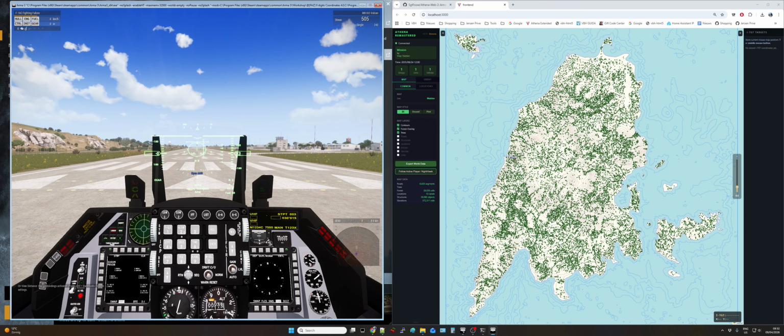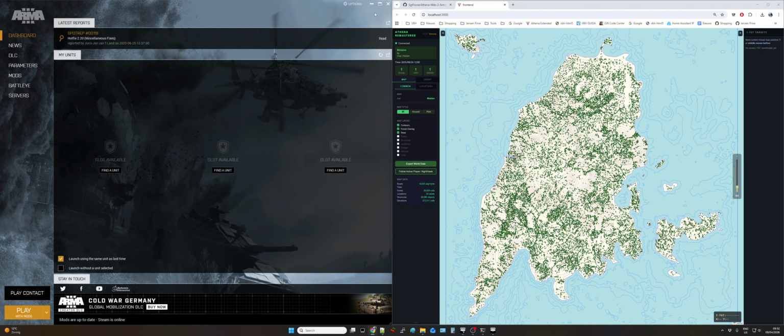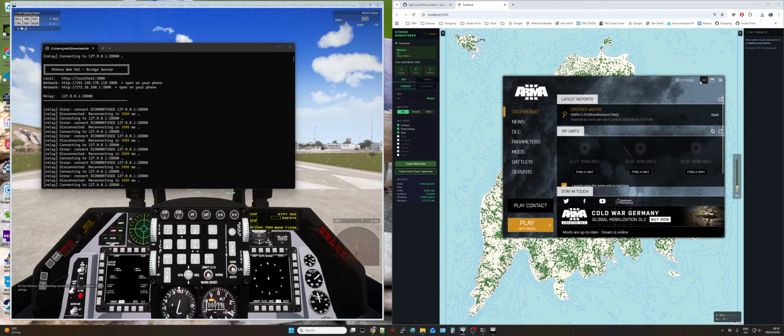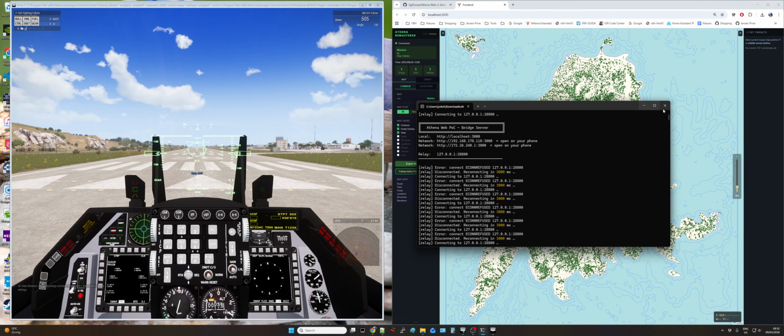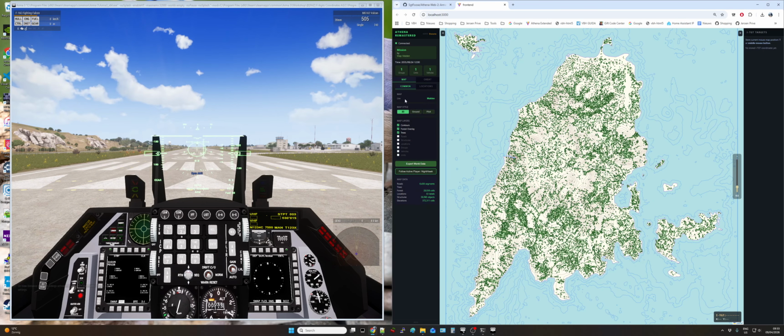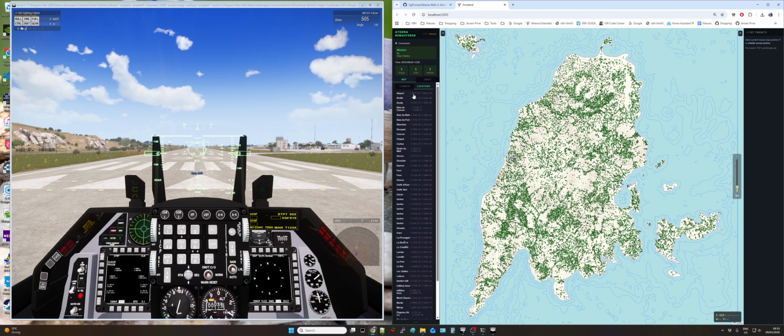So now it says connected in the top right. And you can no longer, oh, let me put this on the side. So now you can see it's connected. The mission is Malden, the timestamp. We have the orbit, the locations,